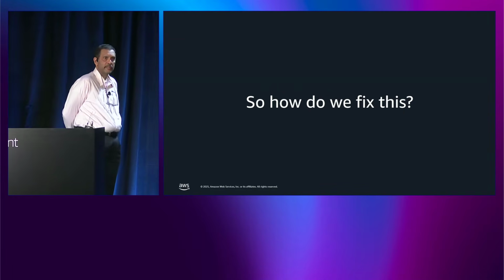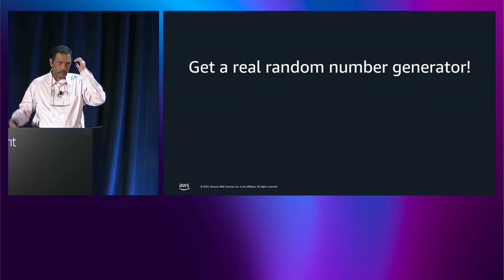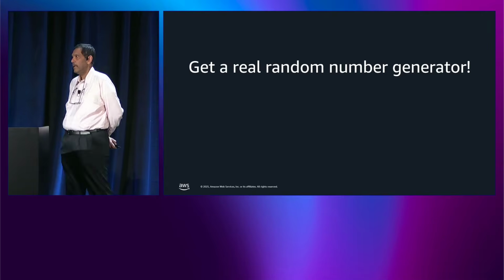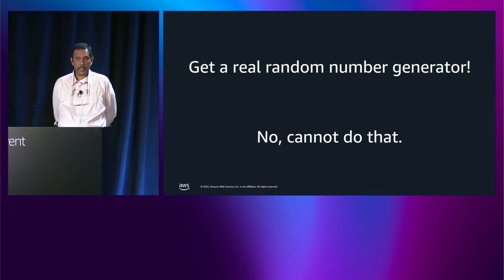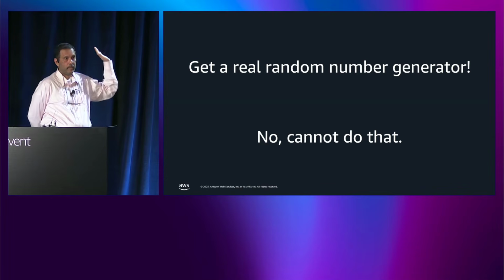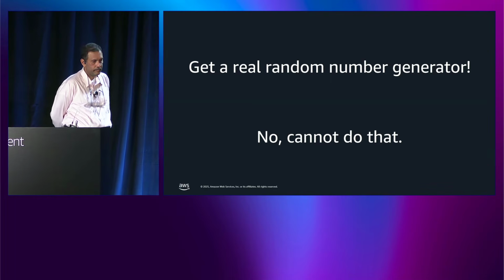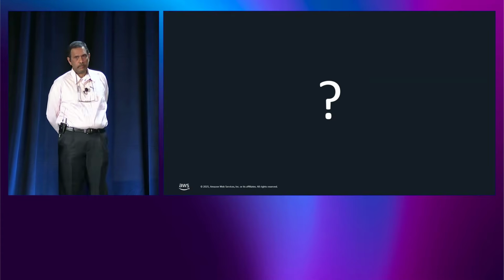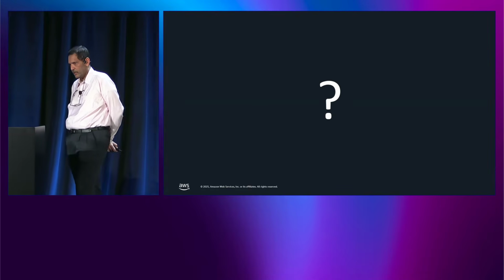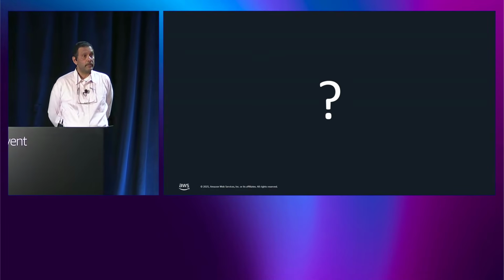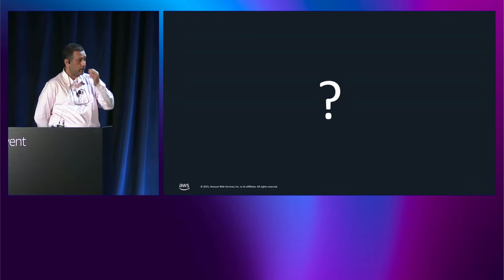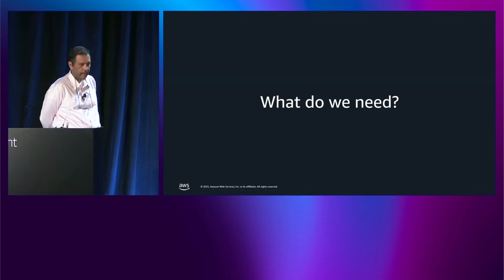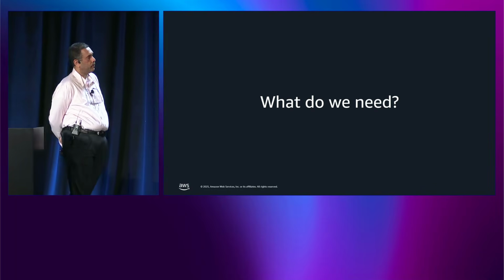So now how do we fix this? So of course, the first thing which we told the customer is get yourself a real random number generator. And their answer was, yeah, no, can't do that. Statutory requirement, random numbers have to be populated up front. Okay. So 60 days out before this thing has to work, they were also not willing to make huge changes to the application. So one of my colleagues came up with this clever idea where he said, what we really need